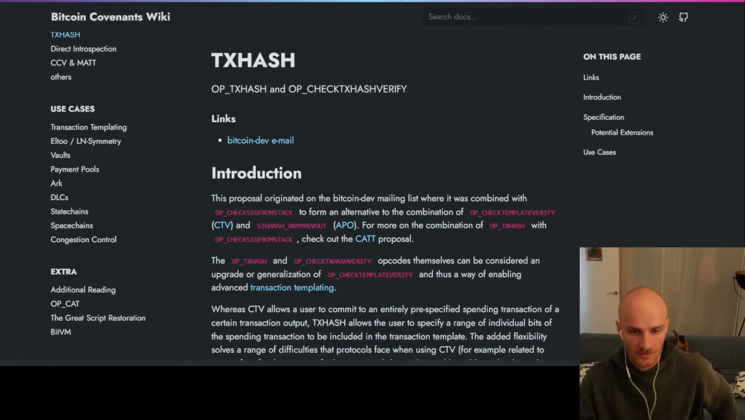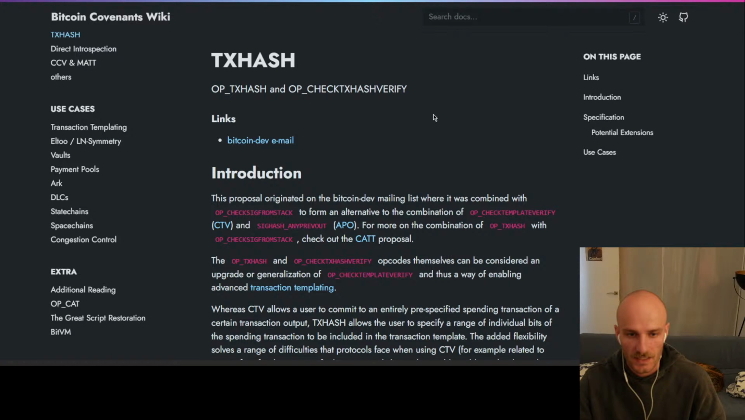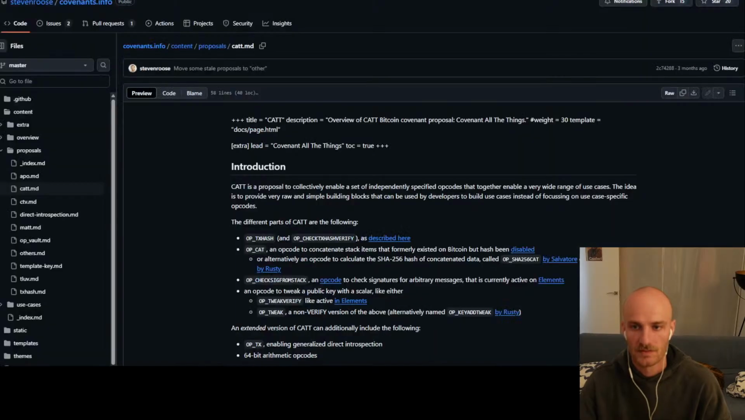Nice. Therefore, now we have an understanding that the specification for this proposal defines a construction called TX field selector that can directly be adopted to implement other constructions like OP_TRANSACTION, an opcode for generalized introspection, and so on. Okay, now TX hash is involved in this other proposal,